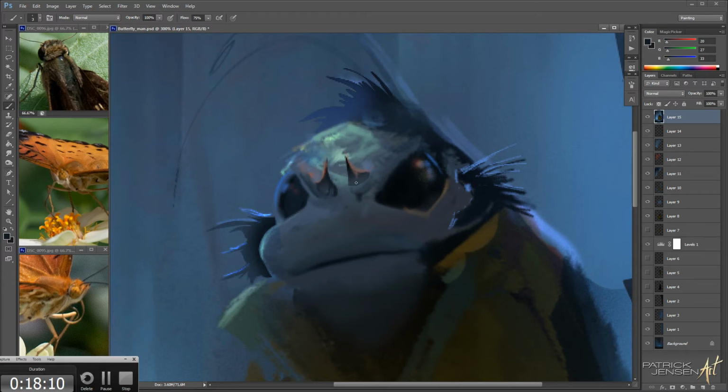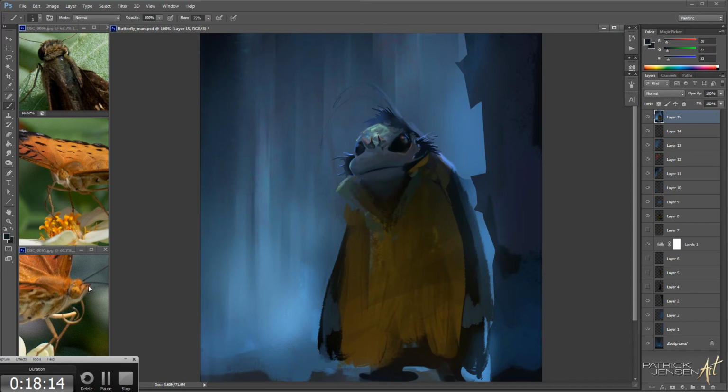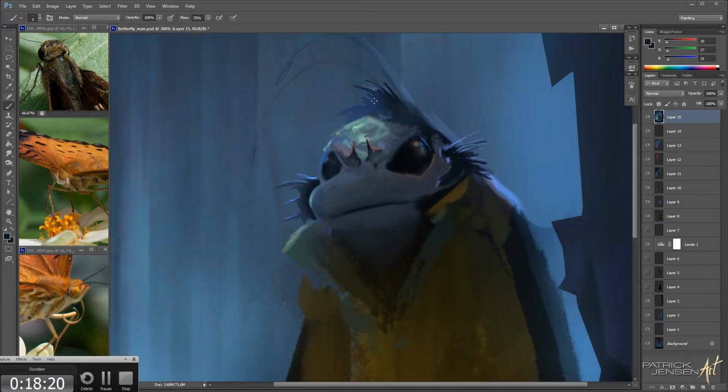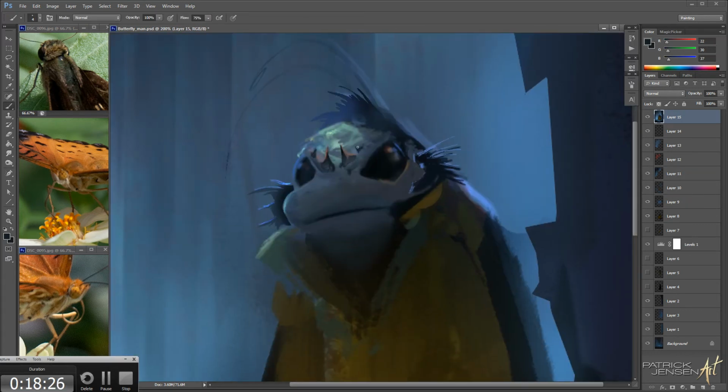These little things on the nostrils, I noticed, are on this guy right here at the top, kind of above the eye. But I'm just trying them out lower, seeing if they add something. And I'm kind of liking it, so we'll try it out. Might get rid of it later, but